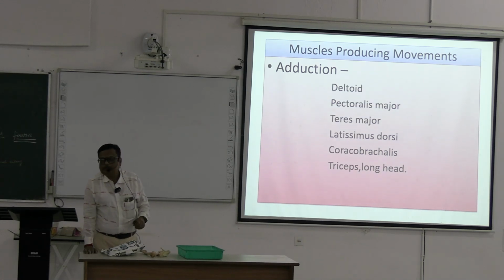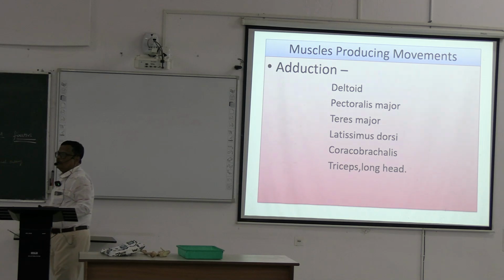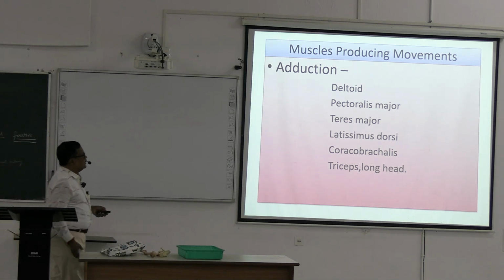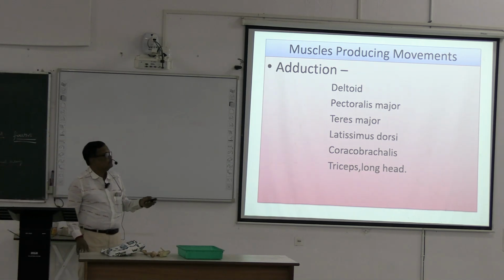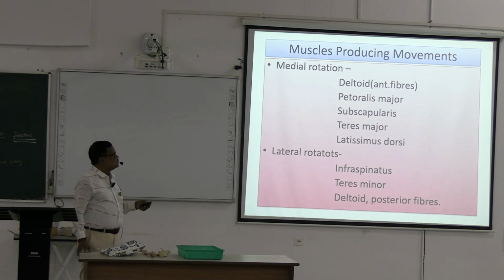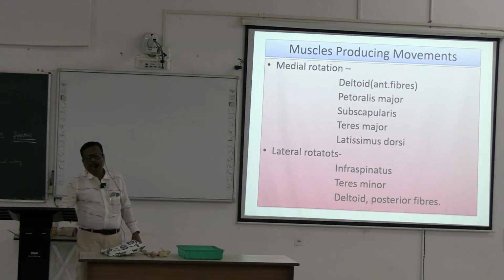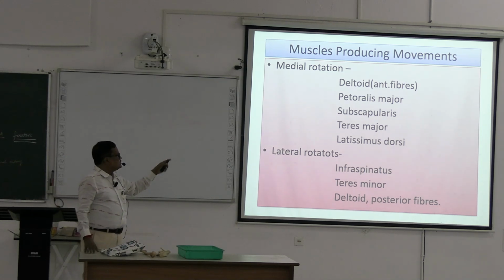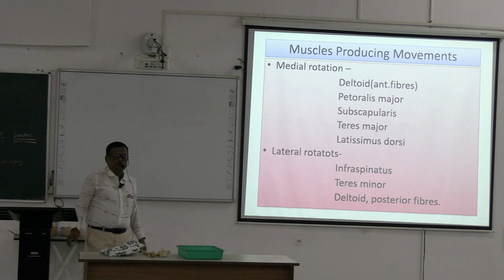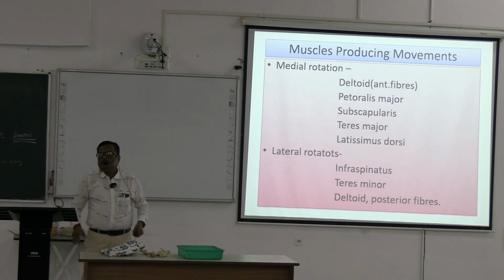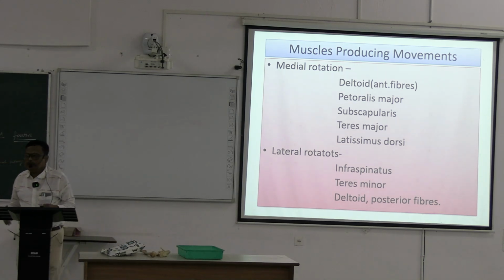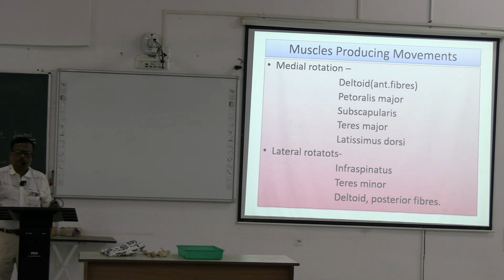অ্যাডাকশন যা মনে আছে বলে দেবে। ডেলটয়েড, পেক্টোরালিস মেজর, teres major, latissimus dorsi, coracobrachialis and triceps long head. These are the adduction muscle. হয়ে গেল adduction. Medial rotation, প্রায় almost like adduction. Deltoid, anterior fibers, pectoralis major, subscapularis, teres major and latissimus dorsi. Lateral rotator, যেটা posteriorly রয়েছে, infraspinatus, teres minor and posterior fibers of deltoid. এগুলি কিছু করার নেই। অ্যানাটমিতে কিছু জিনিস মুখস্থ করতে হয়, এটা মুখস্থ করতে হবে।